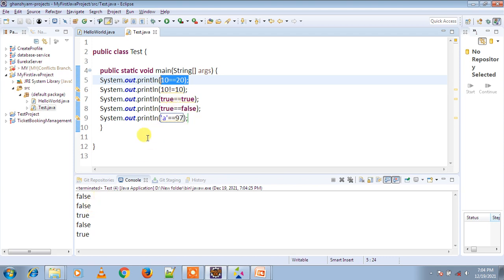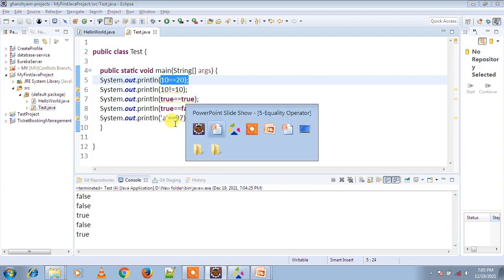True equal to true is true. True equal to false is false. 'A' equal to 97 is true. Why true? Because the ASCII value of 'A' is 97, so it will compare 97 to 97, and the result will be true.